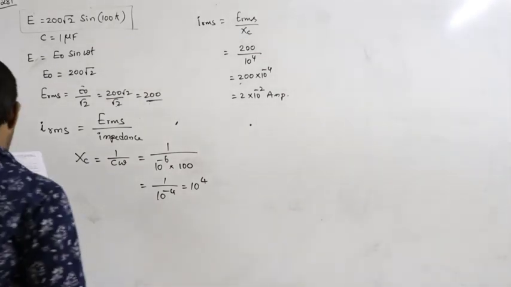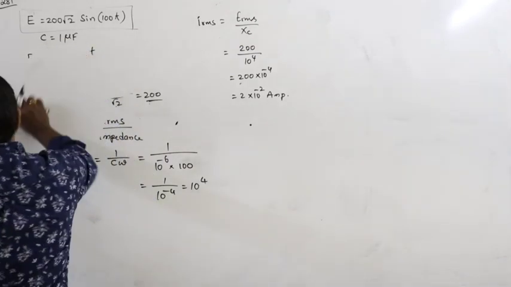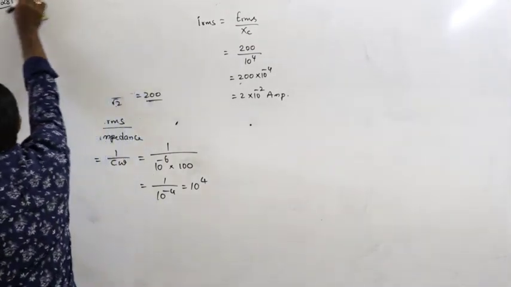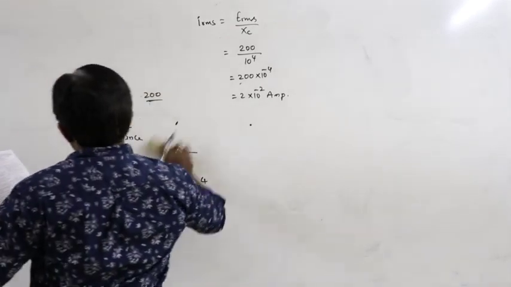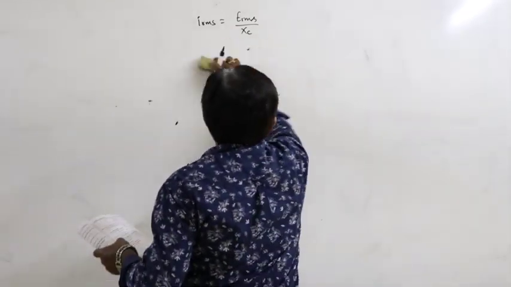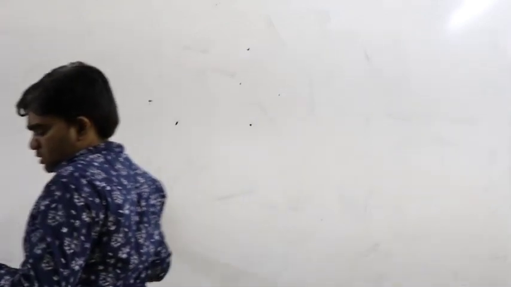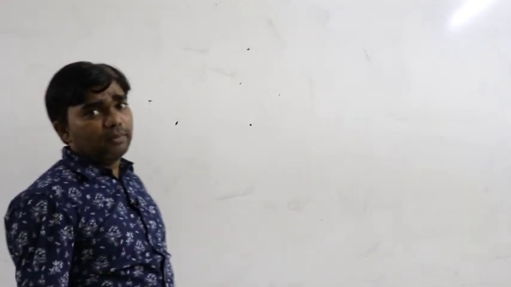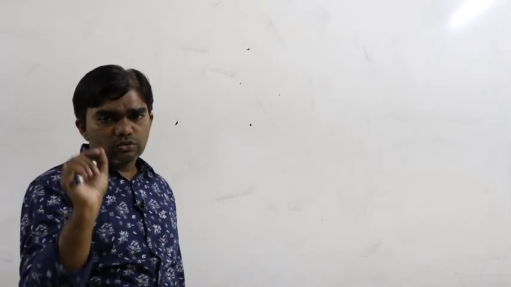Next, find the maximum value of the current when the coil of inductance 2 Henry is connected to 150 volt 50 cycles per second supply. So the main thing here in the given question is whether the given values are RMS values or peak values. If you remember those, then only it is possible to do the problem. They mention: find the maximum value of the current when a coil of inductance 2 Henry is connected to 150 volts 50 cycles.